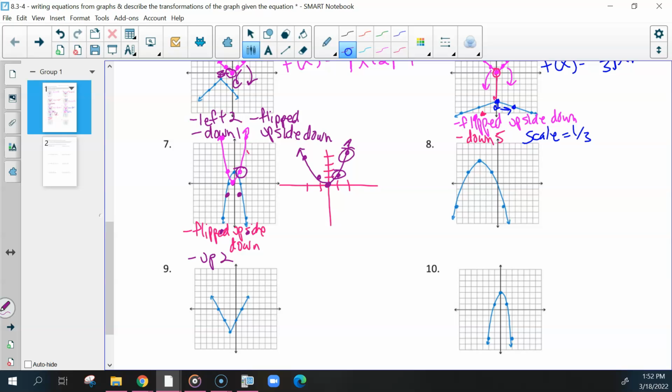So now this one, the y value is at 4, and this y value is at 8. If we multiply 4 by 2, we would get 8. So to help us find that scale factor, we can do what we just did, and now we can say that this was multiplied by 2. So our function would be f of x equals,